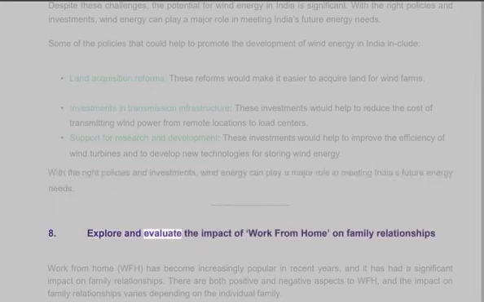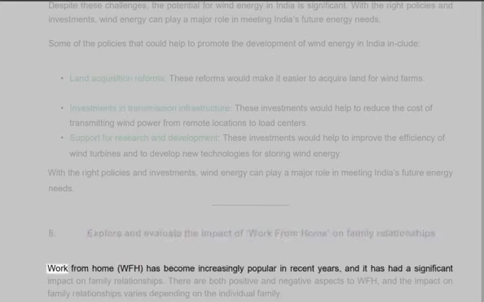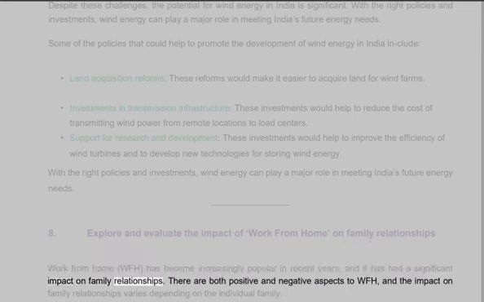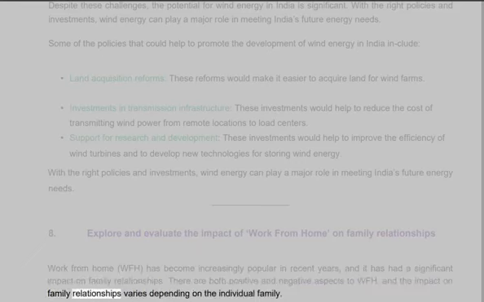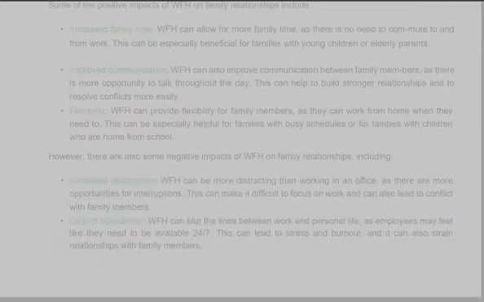8. Explore and evaluate the impact of work from home on family relationships. Work from home, WFH, has become increasingly popular in recent years, and it has had a significant impact on family relationships. There are both positive and negative aspects to WFH, and the impact on family relationships varies depending on the individual family. Some of the positive impacts of WFH on family relationships include